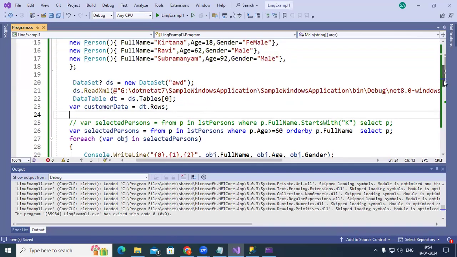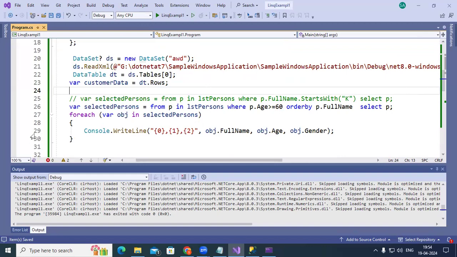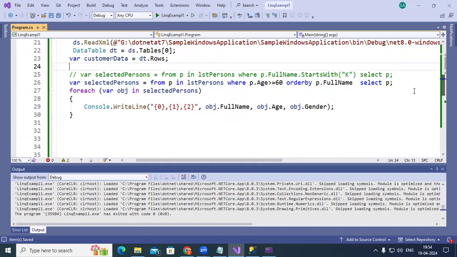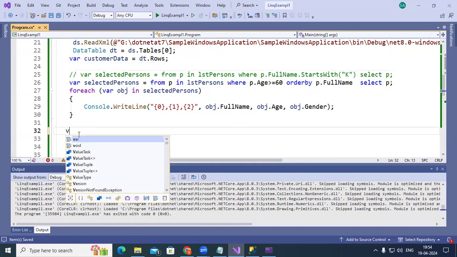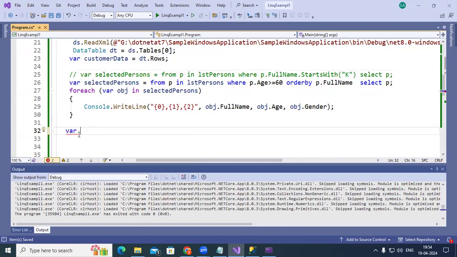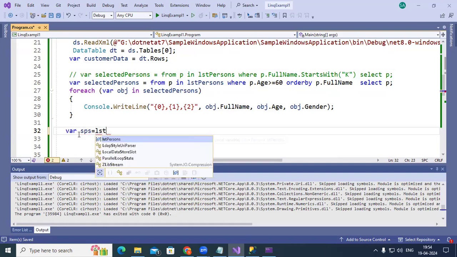So using query syntax, we can retrieve data. Okay, so here lstPersons is basically available for us. We can iterate on that, but when it comes to method syntax, it's not working. Probably I have chosen the wrong variable kind of thing, where here sps equal to, here go with the lstPersons